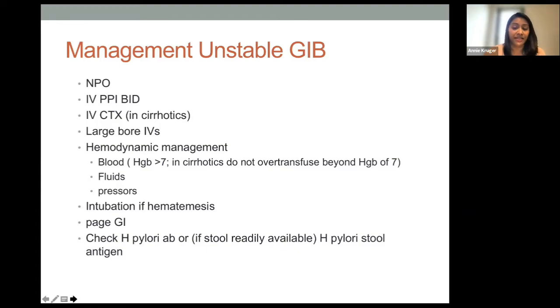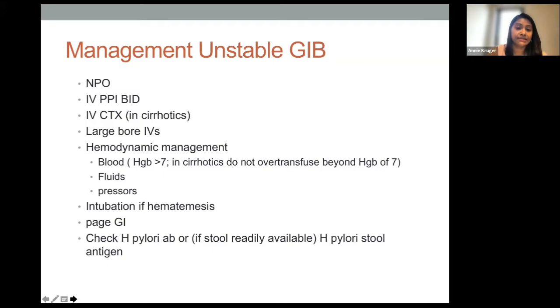Nobody tested it, and they never got treated, and they show up with gastric cancer later. So we don't want that to happen. What we were taught as fellows, as residents, when I trained, was no matter what, you should test for it, depending on the timing of whether they can do the stool test. If they're producing a stool, do that. Otherwise, at a minimum, check their antibody levels, an IgM or an IgG or both, just so you know roughly